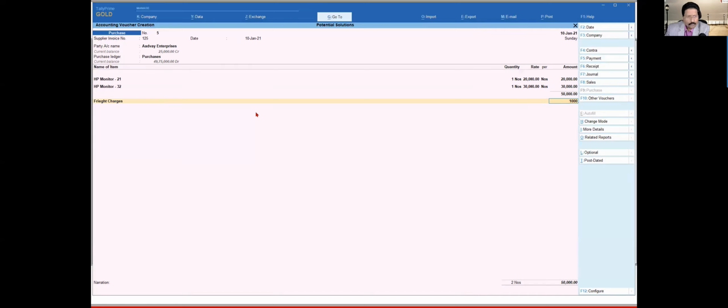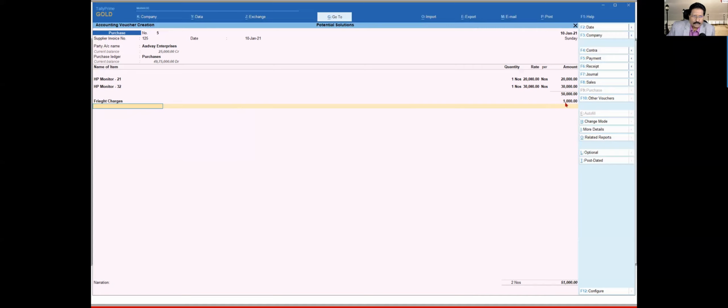So now what did we do? We said that this 1,000 rupees, I don't want this value to be captured as part of my accounting reporting value. I'm asking Tally to take this amount of 1,000 rupees and appropriate it between my stock items based on the value of the stock item.